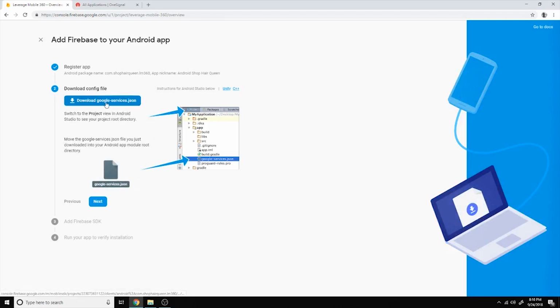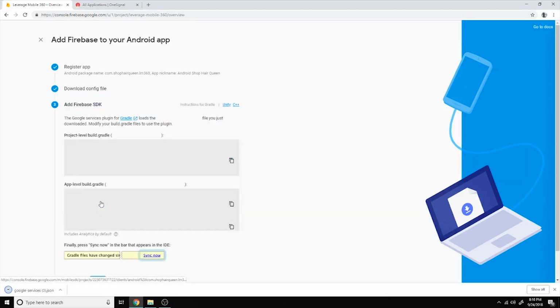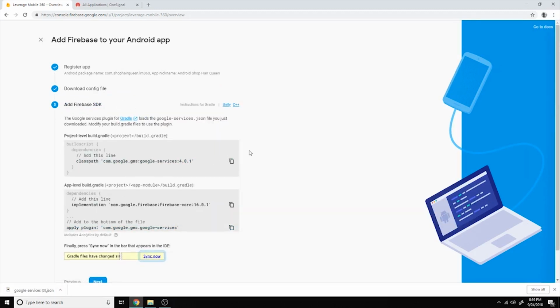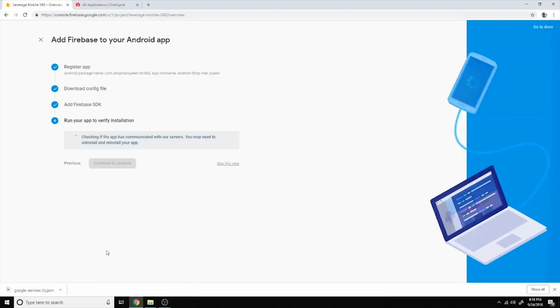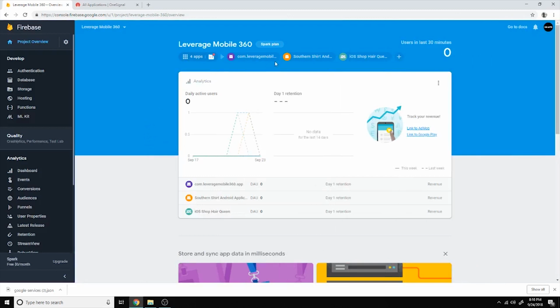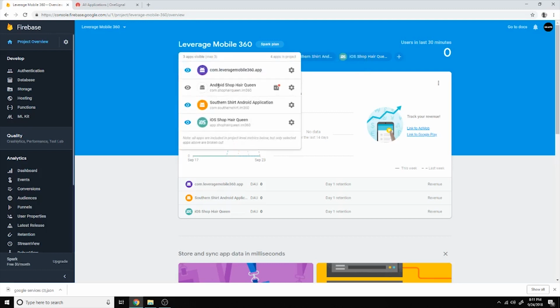and we'll want to go ahead and download the Google Services.json file. Click on next, and you don't have to worry about this, it's already been taken care of. Click on next, and here I'll wait till it's actually been verified that it can view the Google Services JSON. So we're ready to move on to step 2, where we can actually close out or skip this step. And within step 2 we're actually going to come in here to the Android app. So we can go to settings,